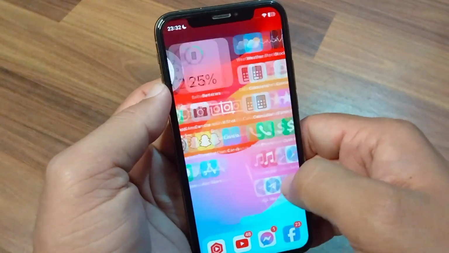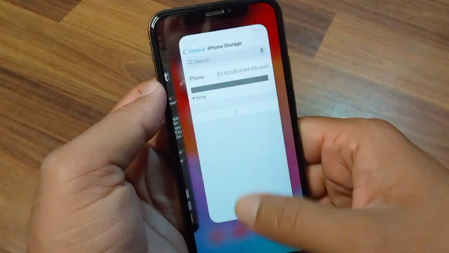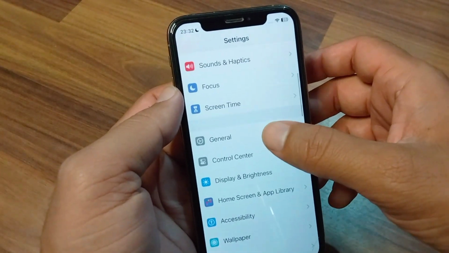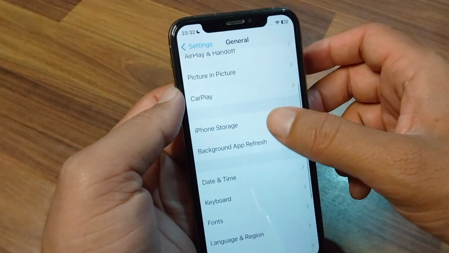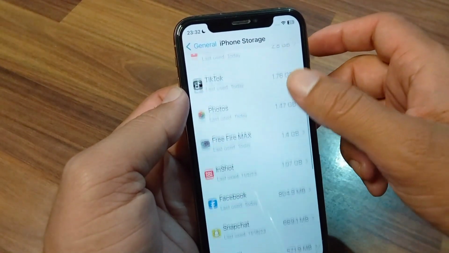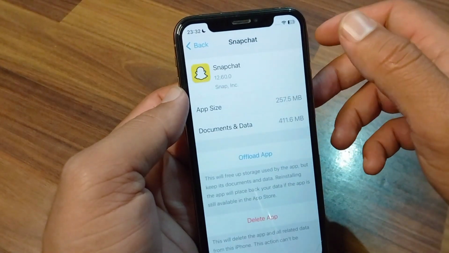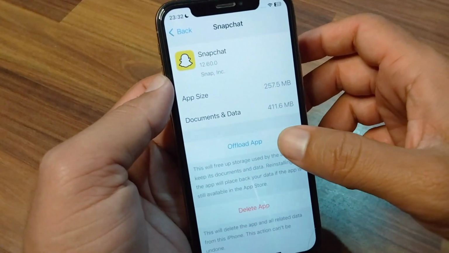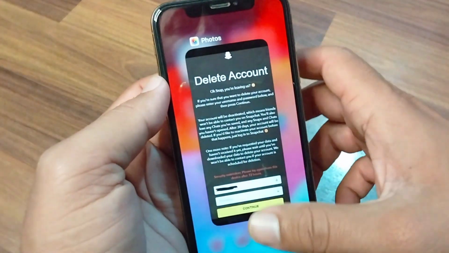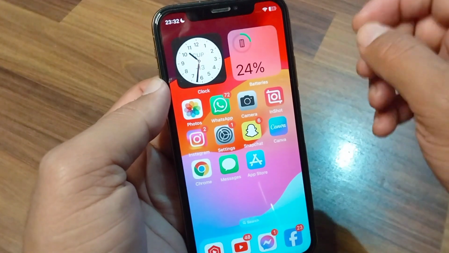So guys, first of all open Settings on your device, and after this scroll down and tap on General, and from here scroll down and tap on iPhone Storage, and from here scroll down and tap on Snapchat, and offload your Snapchat app one time from here. So I do this, and after this go back to your home screen and now open